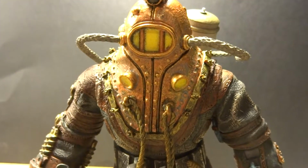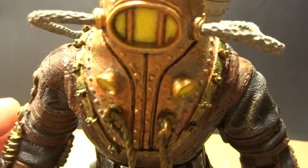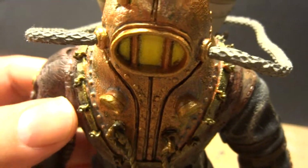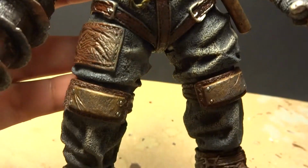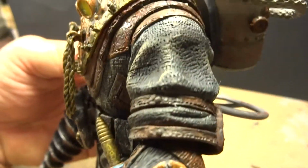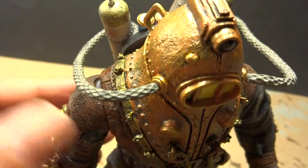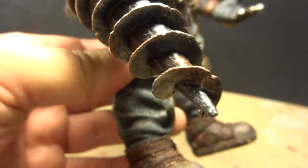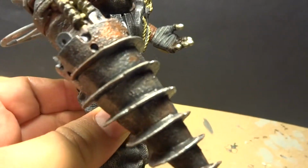Okay, back with my Bioshock figure out of the package, and he's a very nicely painted figure. Fantastic detail. Beautiful paint colors that they've gone with, and just tons and tons of detail in this figure, this Big Daddy. Look at the arm here, just a giant drill. Bottom's there. Just